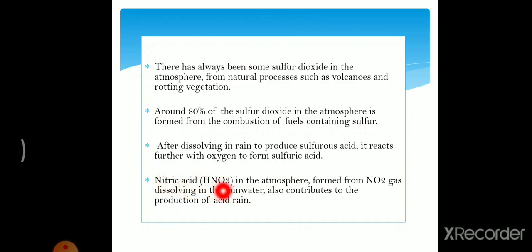Which acid in this case? This acid is nitric acid. Carbon dioxide will form carbonic acid. Sulfur dioxide will form sulfuric acid. Nitrogen dioxide gas will form nitric acid. Suppose in an area all these harmful gases are coming out, obviously that area might get acid